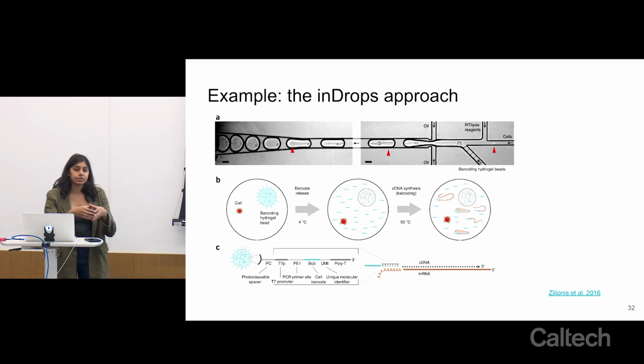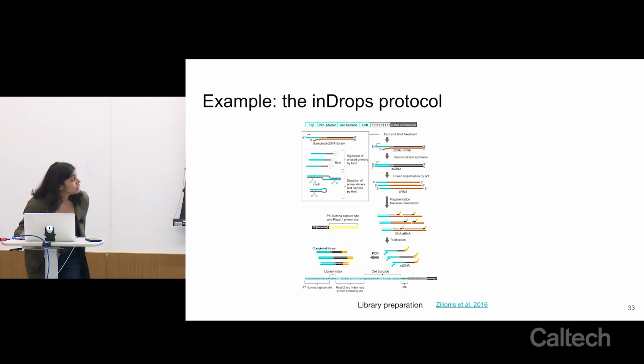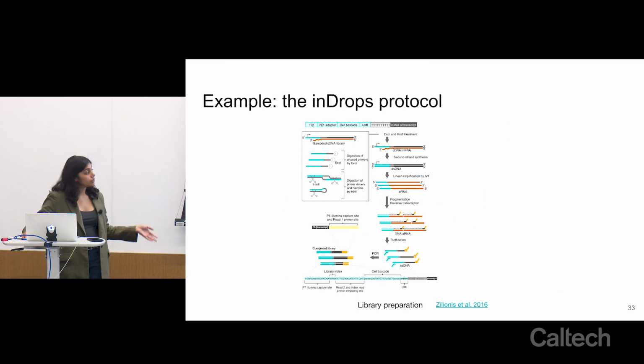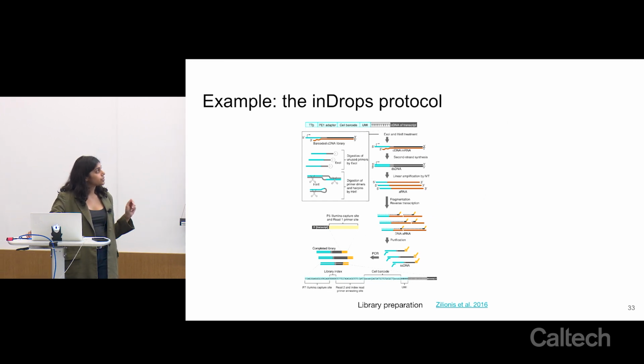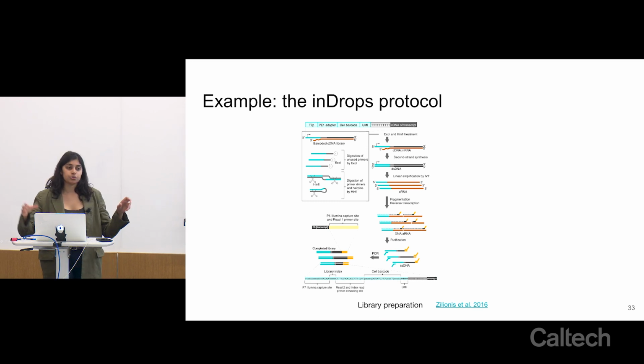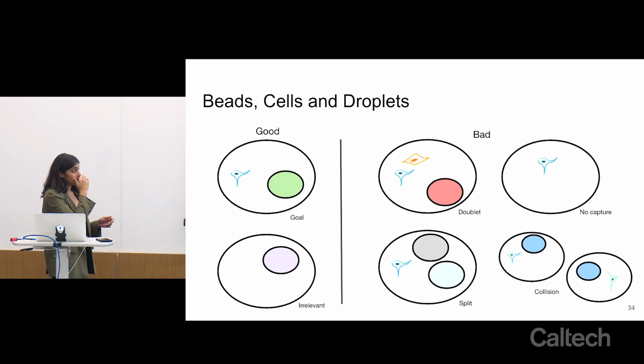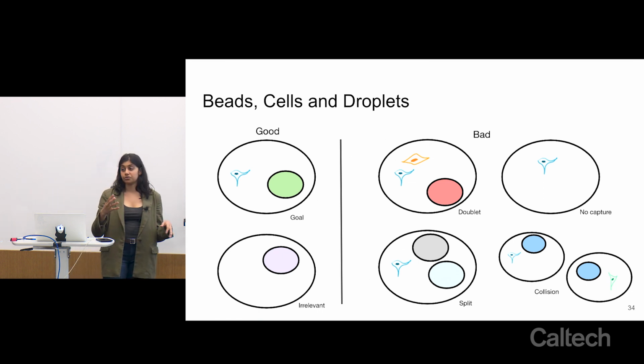So this droplet basically creates a little reaction environment so that you can capture all the mRNA in the cell. And then this is, again, how they make the library from this for whoever is interested. But I think the main points here are that you capture the mRNA by a poly-A tail. You need to have a cell and a bead to be able to read out any of this information from your sequencing data. And so what this sets up then is you want the system, this microfluidic device, to